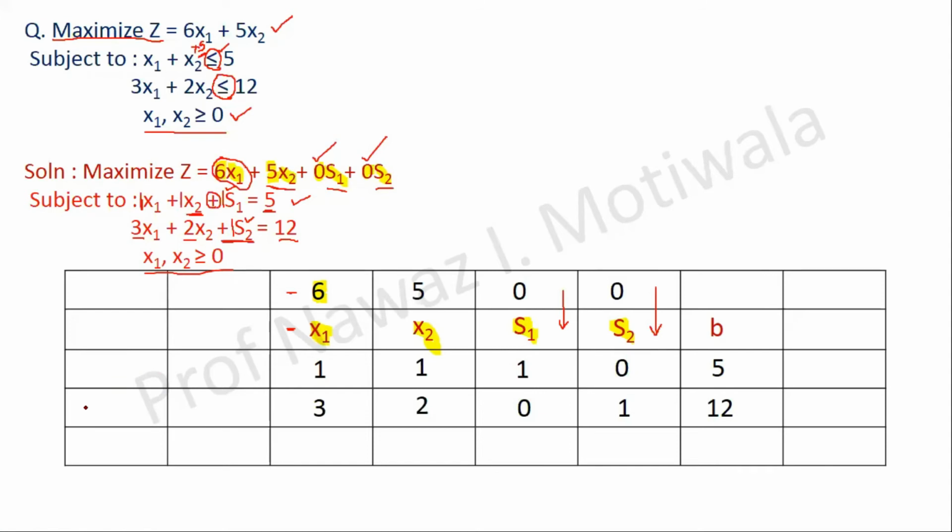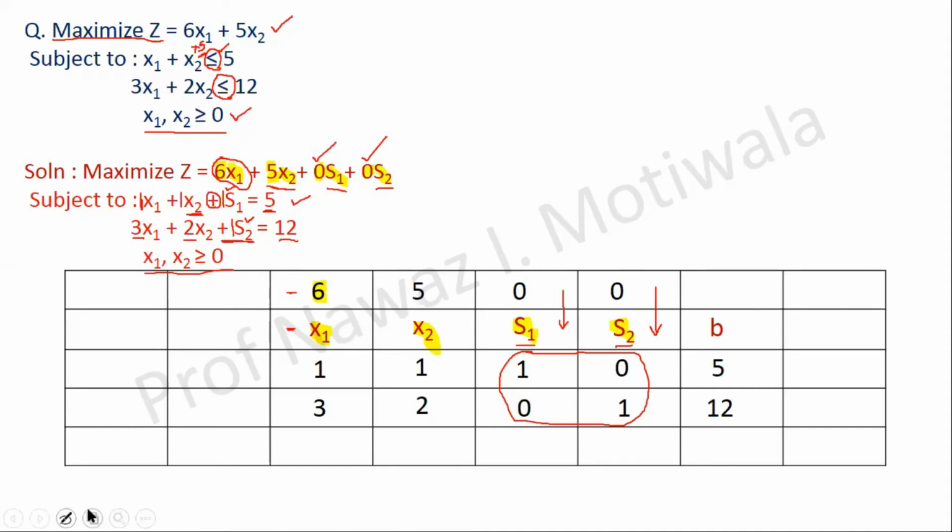All of you please listen to this and pay attention carefully. The variables S1 and S2, if you can see, the values here are 1, 0 and 0, 1. That means these two variables are making an identity matrix. So my statement now will be: the variables which are making the identity matrix will become my basic variables in that order. Again I repeat, please listen: the variables which make an identity matrix will become my basic variables in that order. Underline these words, in that order.